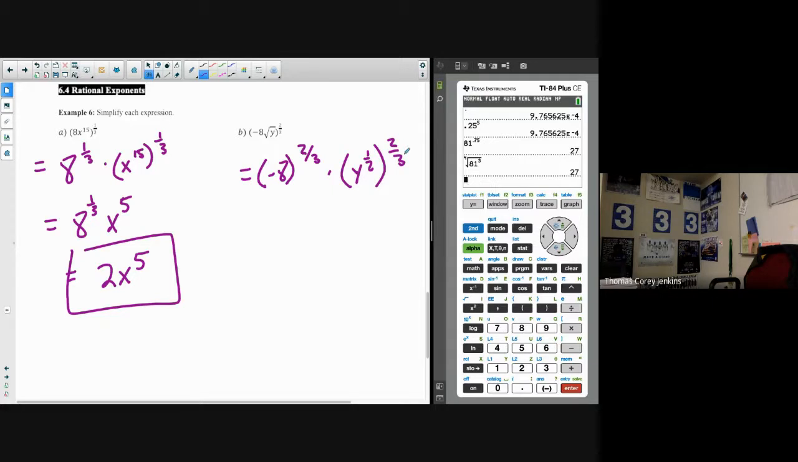All right, so apply your exponent rule here. You get 2 over 6, or 1 over 3. Okay, so we have -8 to the 2/3 times y to the 1/3. All right, so let's punch in that -8. And parentheses are going to be important here because that just ends up mattering. So -8